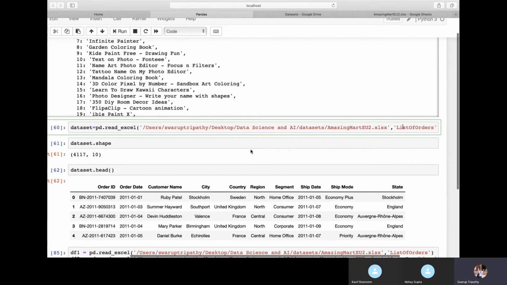Okay, you can try this. You can download this amazing mart u2.xlsx file, and you can try to read it by giving the sheet name.